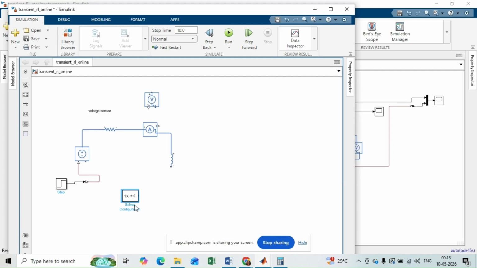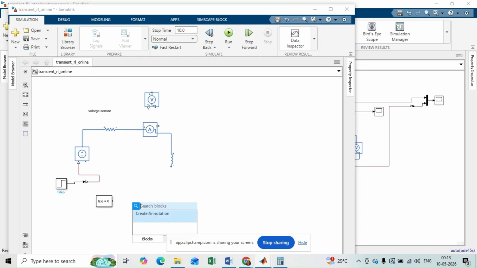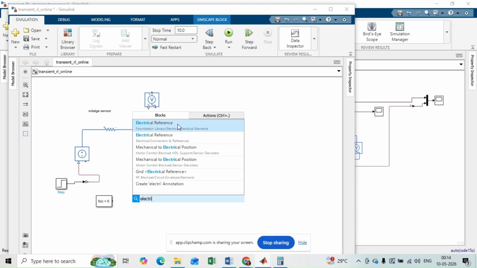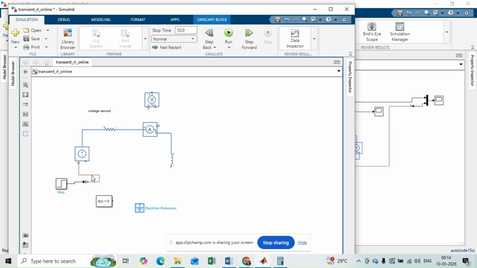Yeah, this block we did. Then we want the electrical reference block. Yeah, then this will get connected here, this will get connected here, this will get connected here,